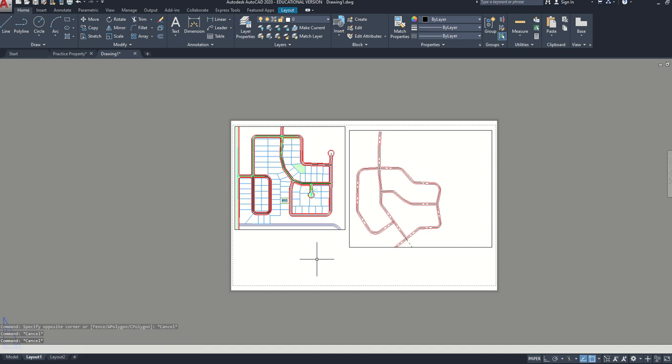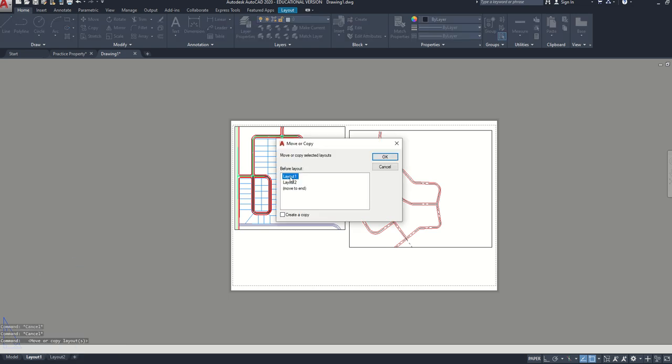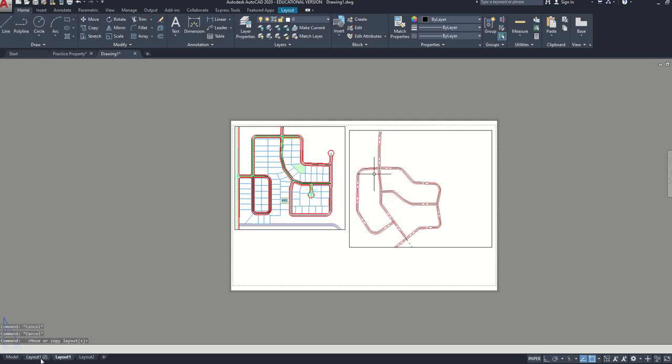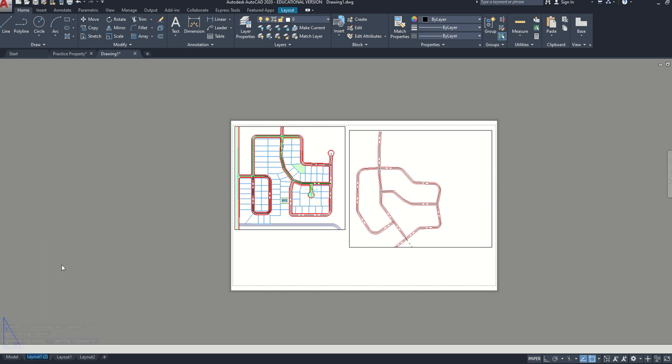What you also might find is that you may have to make an entirely new sheet. So if that's the case, you want to go to layout 1 and you want to right click on it and click copy. So you want to copy layout 1. Let's go ahead and create a copy, say OK. And so now we have this layout 1, 2, which is really just a duplicate. You can rename this to, I don't know, 1A,